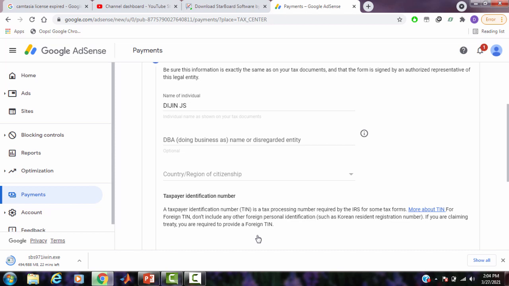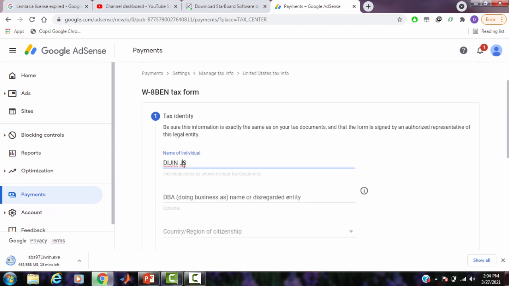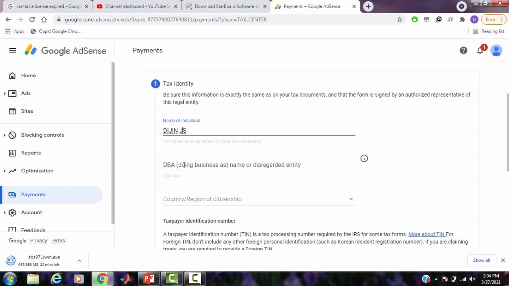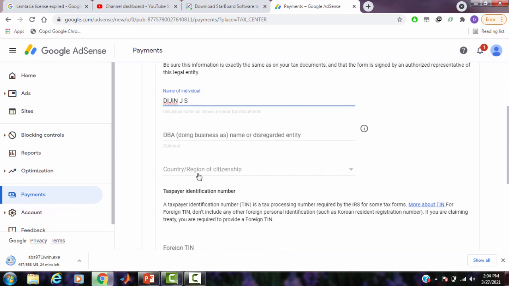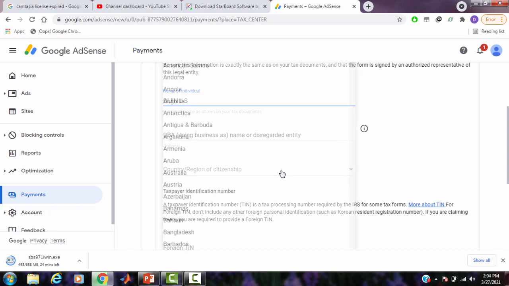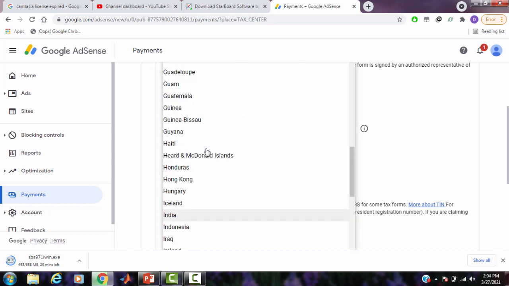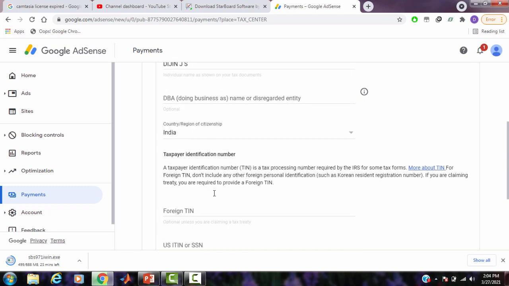Now you will see the W-8BEN tax form. First is about tax identity. You have to type your full and correct name in the name of individual space. This name should be your correct name, your proper name that's in your identity card. Then select the country. Here I am selecting India.